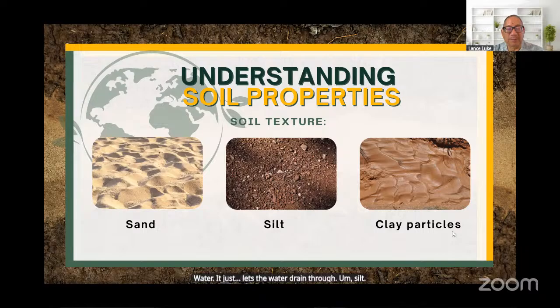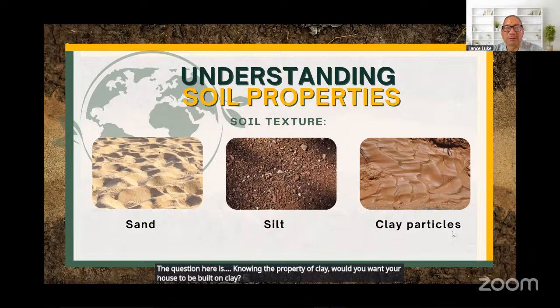Silt is medium particles, moderate drainage, and it does retain water, not as much as other textures such as clay. Clay is fine particles, low drainage, high water retention, and can expand or contract significantly. So the question here is, knowing the property of clay, would you want your house to be built on clay? Right? The property of the soil in this clay is